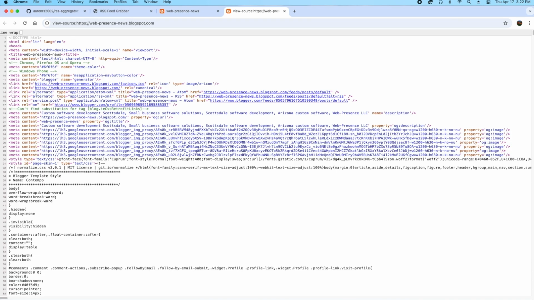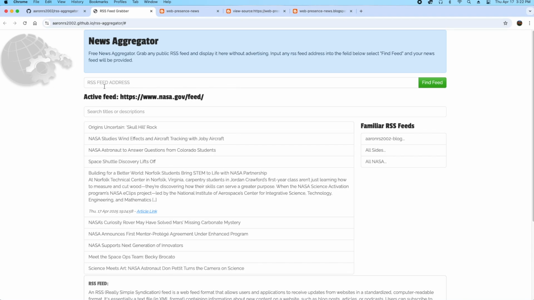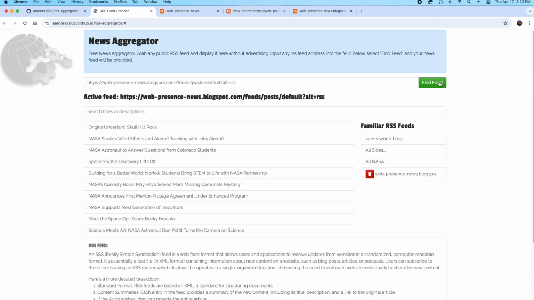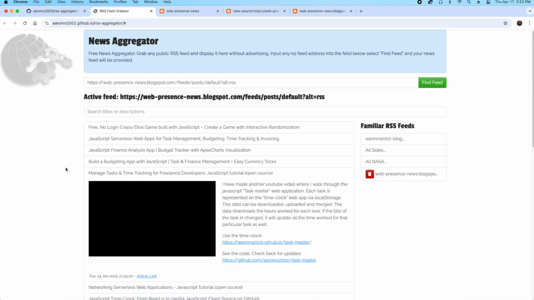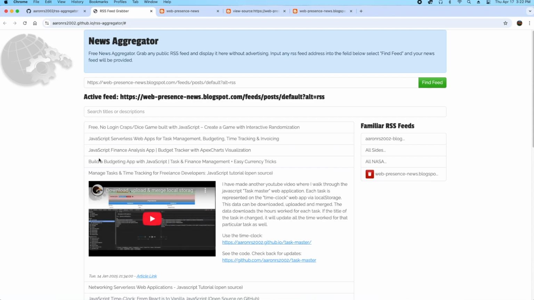and as you can see here, the type of XML, this is what we're looking for. We would basically want this link here. You see all this is the XML format that it's going to take to read. So I come back, I put that in here, and there we go. Now I've got my JavaScript tutorials available on the news aggregator,